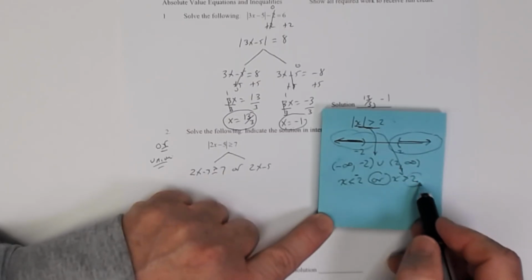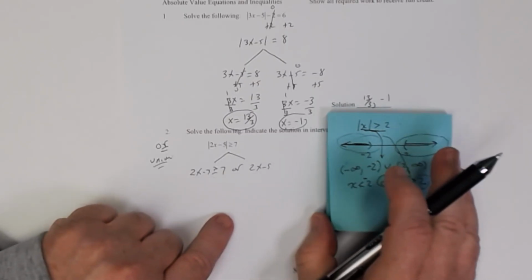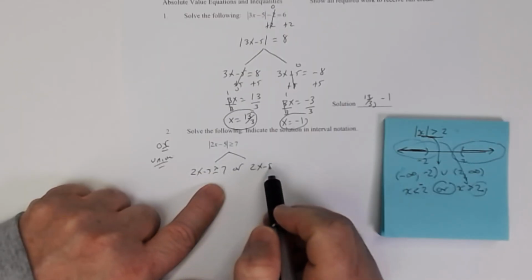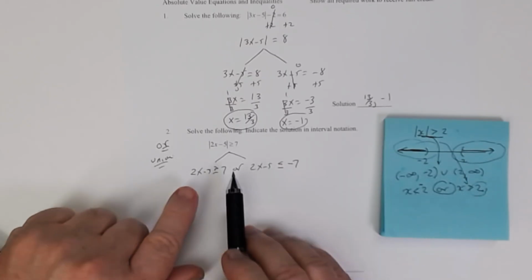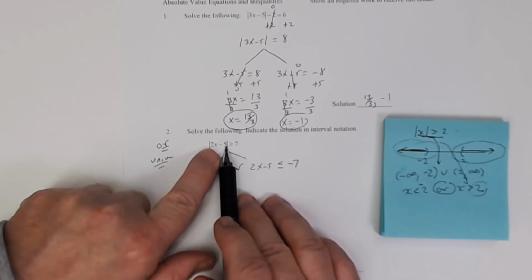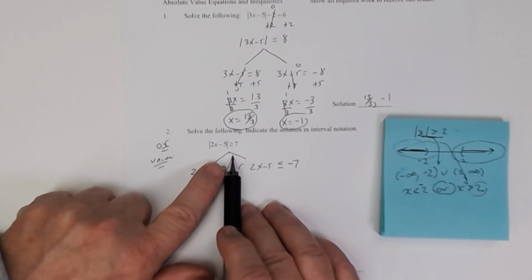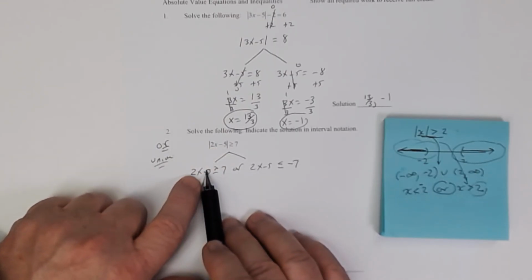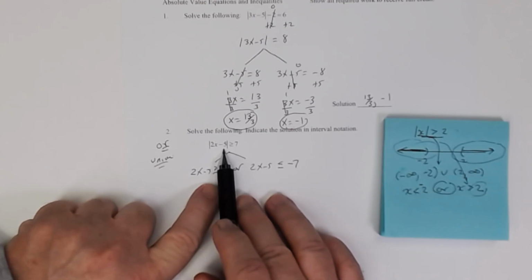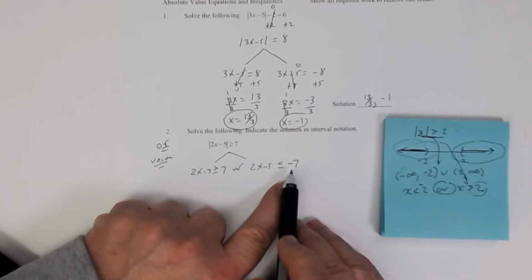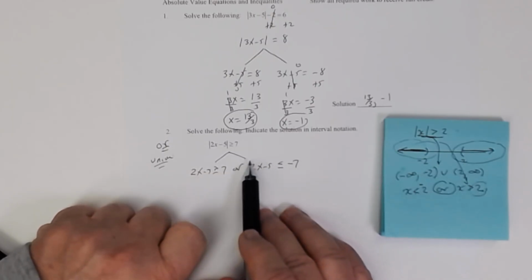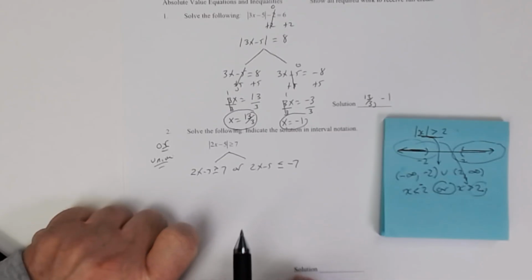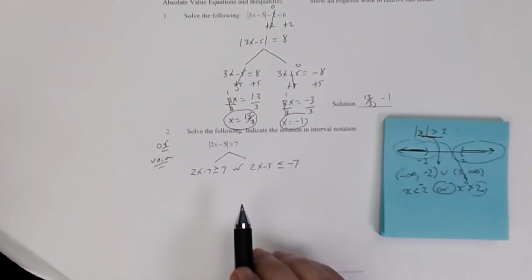I want you to notice that 2 and negative 2 are opposites. So see how this is a 7? You're going to say less than or equal to a negative 7. All right, so notice the expression that's within the absolute value bars. You're going to rewrite it without the absolute value bars: 2x minus 5, 2x minus 5. You're going to say greater than or equal to 7, and on this side you're going to say less than or equal to negative 7. You have to write it like this. There's no other way